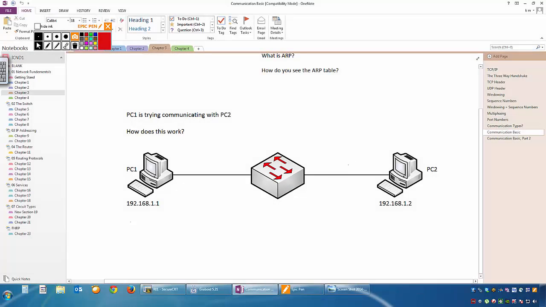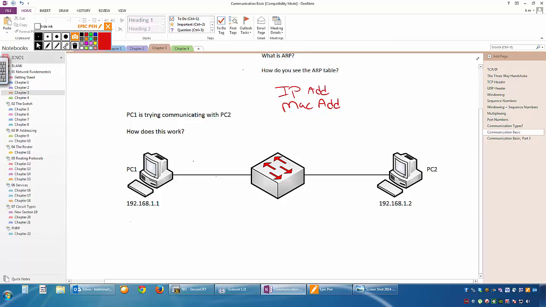Now, let's talk about basic communication. Remember in the very beginning when I told you that a PC needs 2 things to communicate. It needs an IP address and a MAC address, which means without these 2 things, a PC using TCP/IP cannot communicate. It cannot happen. Now, since the main thing we need always with communication is IP address and MAC address, because of that,